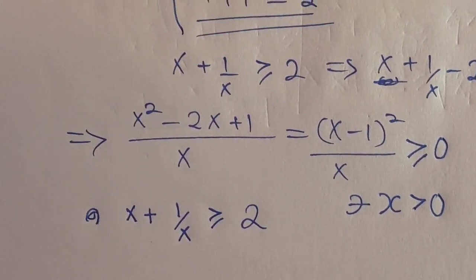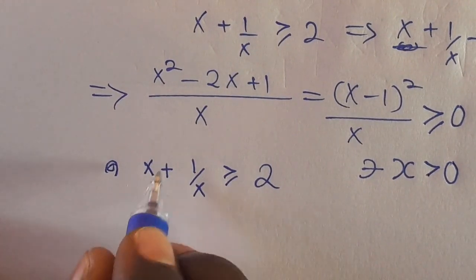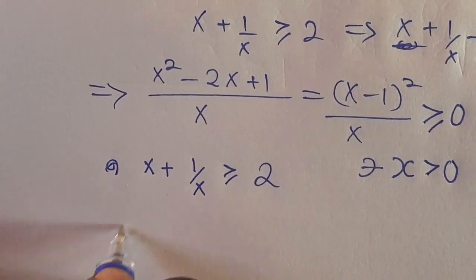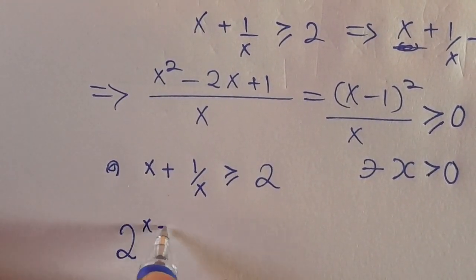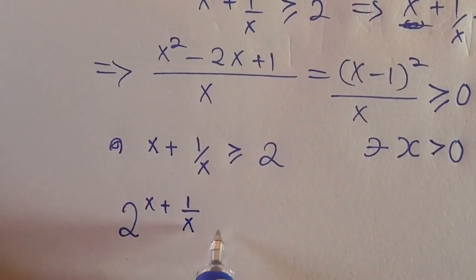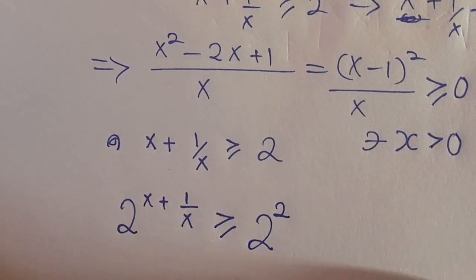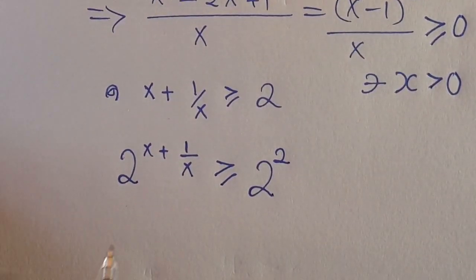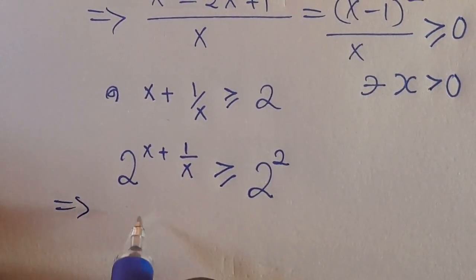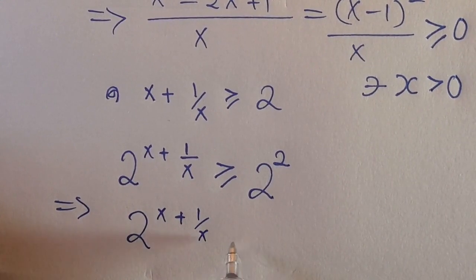Now, when we take the power of both sides, we have 2 to the power of x plus 1 divided by x, which will definitely be greater than or equal to 2 to the power of 2. And so, therefore, this implies we have 2 to the power of x plus 1 divided by x